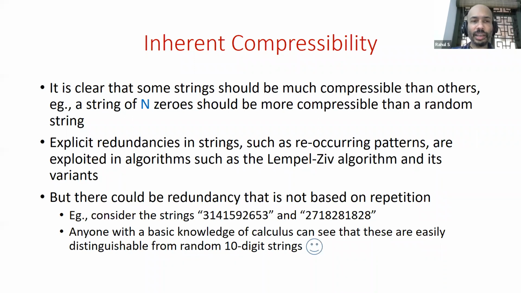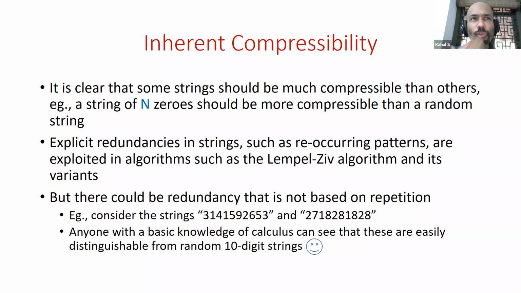And indeed, explicit redundancies of strings, where certain patterns keep reoccurring, are exploited in commonly used algorithms such as Lempel-Ziv algorithms and variants. And these algorithms implicitly use a grammar-based approach to compression, where they're looking at grammars that generate a fixed string, and they're looking at grammars of that form with few rules. And the number of rules of the grammar tells you how compressible the string is. That's a good way to think about compression, but just not general enough for the purposes of this talk, because that's one way in which strings can be compressible, with patterns reoccurring.